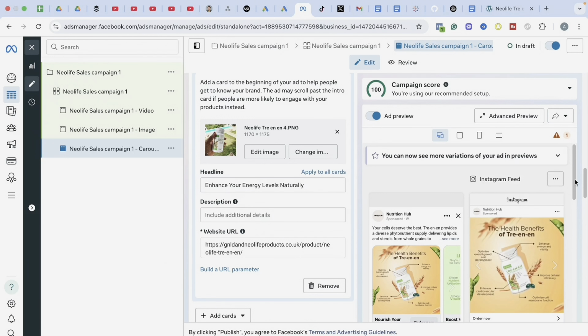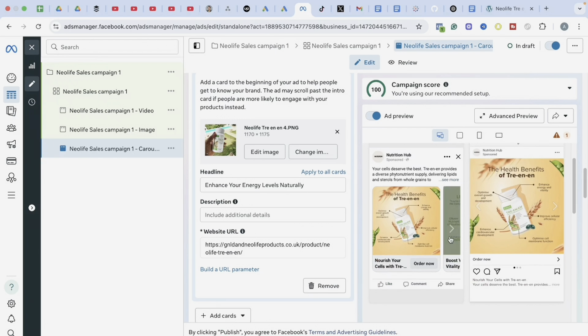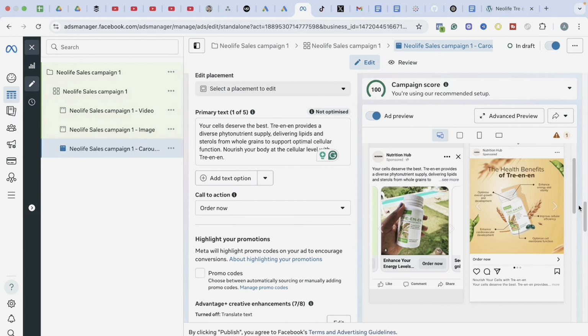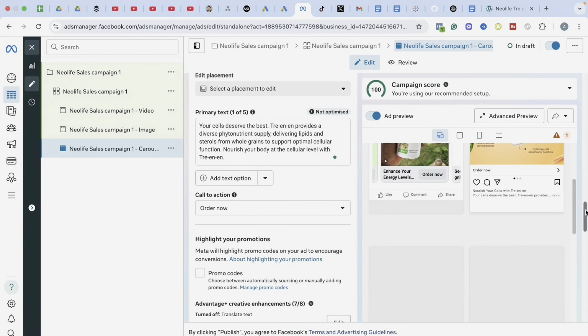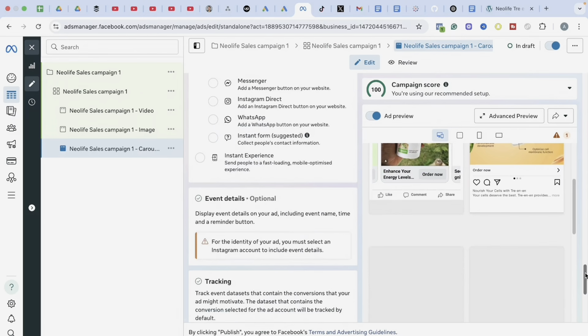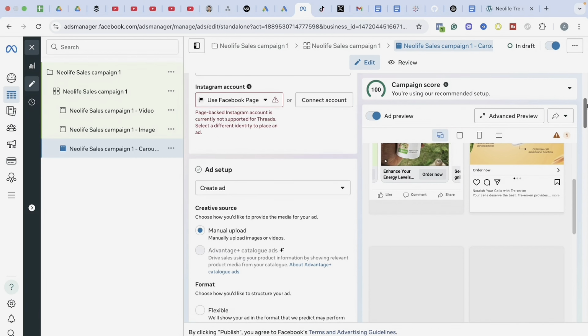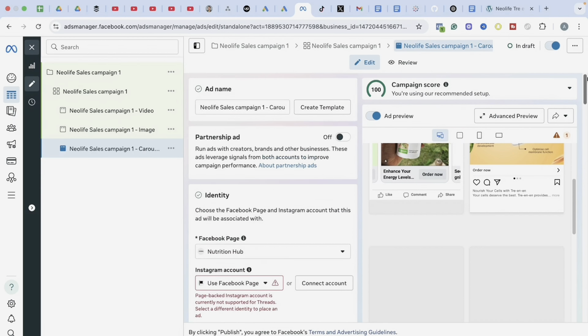Can you see, this is the look and feel? If you upload 10 cards, this is the look and feel of how they will look. And people will order now directly. They will order now directly on Facebook, testing different things against each other, testing images against each other, testing videos against each other, and with your small budget, you are going to get maximum result.